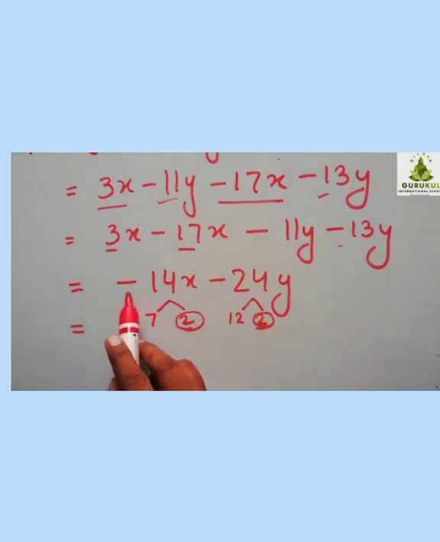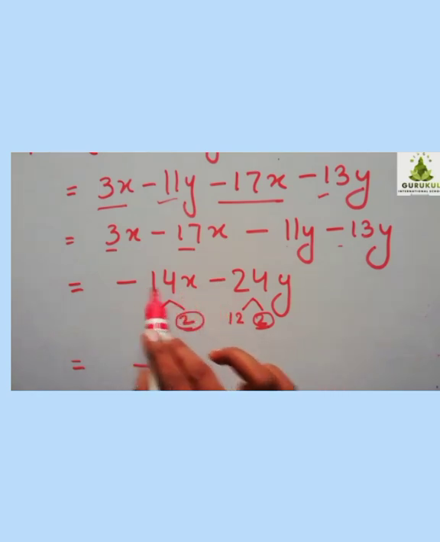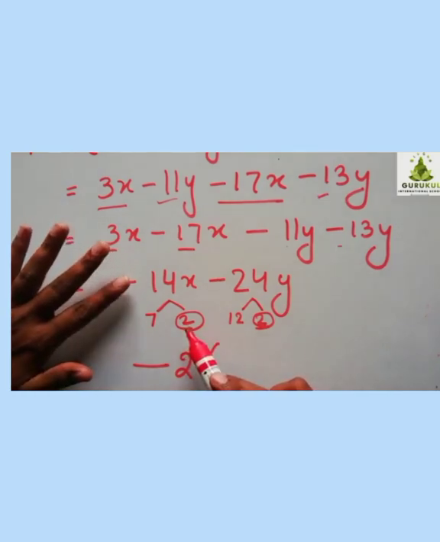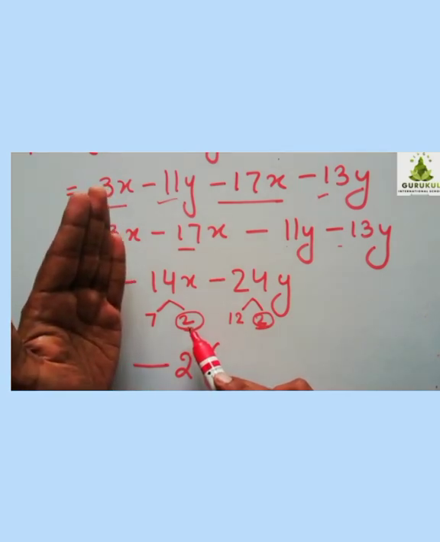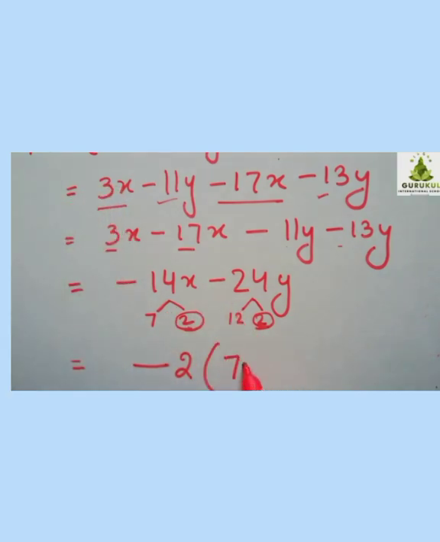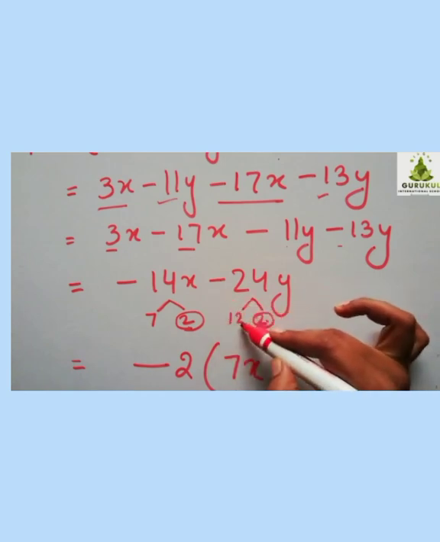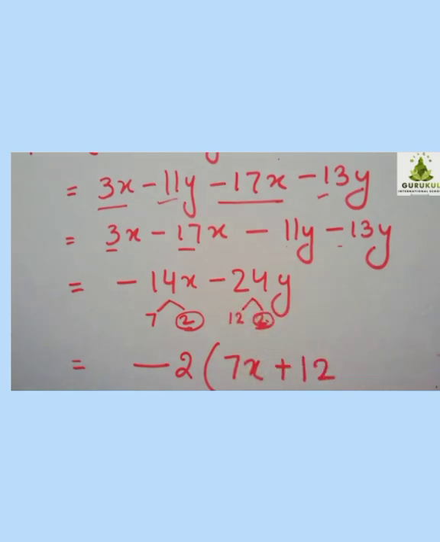Is that clear? And see here also minus sign is there, here also minus sign is there. So I can take out the common sign minus from both outside, and from this I took 2 outside. So what remains in the bracket? 2 is outside, minus sign is outside. This way you hide this. 2 is outside. What remains? 7 and x. 7x remains. Now here minus came outside, so what is here? Its opposite, now plus. Here minus came outside, 2 came outside. What remains here? 12 remains. Now what remains? Variable y. Is this clear to you?